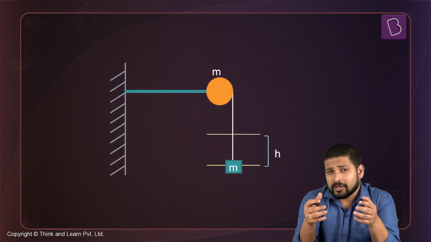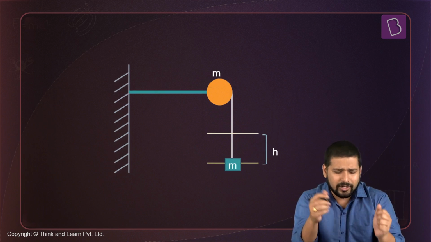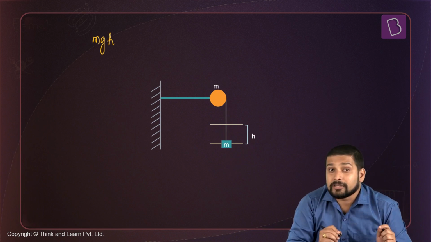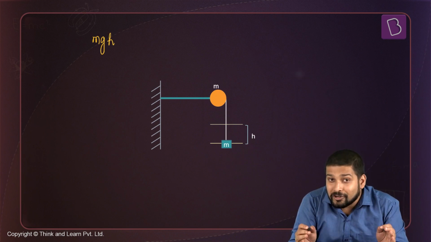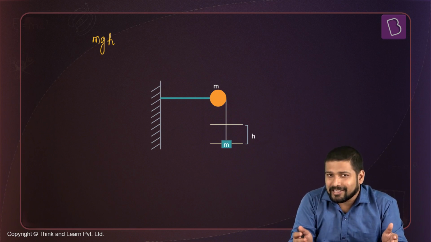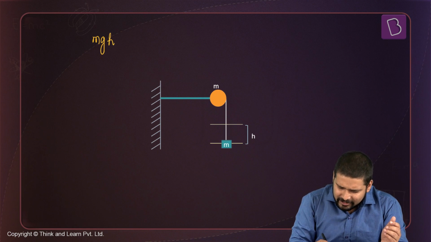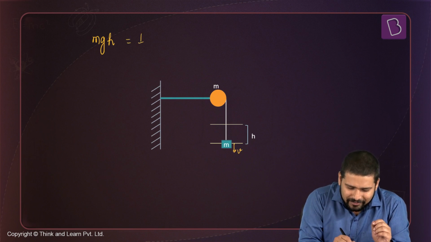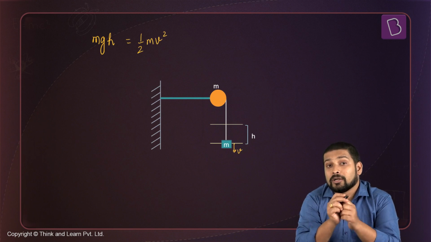What we can assess from here is that the change in potential energy, or rather the decrease in potential energy, is going to be mgh for the system, and this decrease in potential energy will be equal to the gain in kinetic energy. So at this point, let's say this block is having some value of velocity v. Okay, we can say this is equal to half mv squared, which is the kinetic energy of this block, plus,